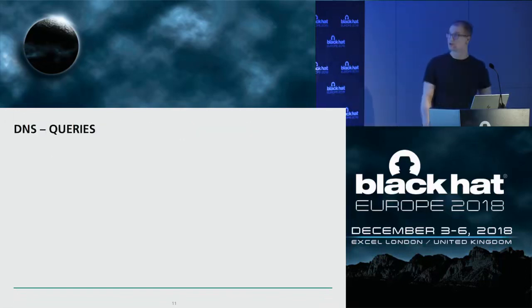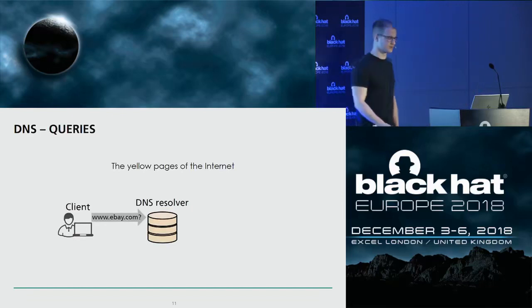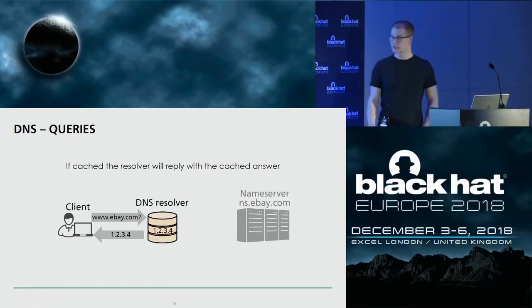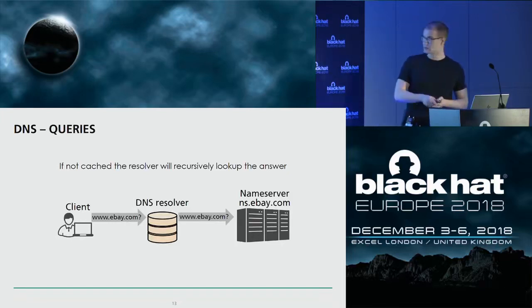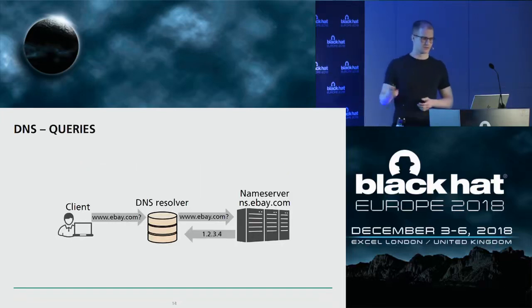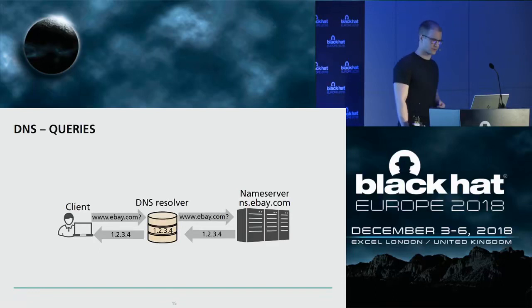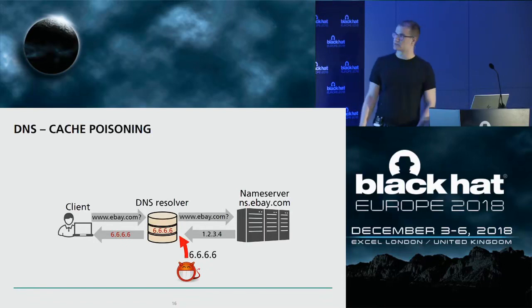But to better understand that, let's first recap some concepts of DNS. When a client wants to know an IP address of a host on the internet, it will ask its DNS resolver for that. And if the resolver has already cached the answer from a previous request, it will answer with that from cache. And if not, it will do a recursive lookup of the answer, until the name server, which is authoritative for the domain the host is located in, will answer this question, the resolver can cache the values and pass them to the client. DNS cache poisoning is simply the injection of spoofed values into the DNS resolver's cache in that process.